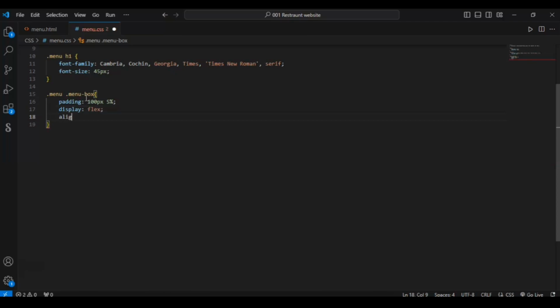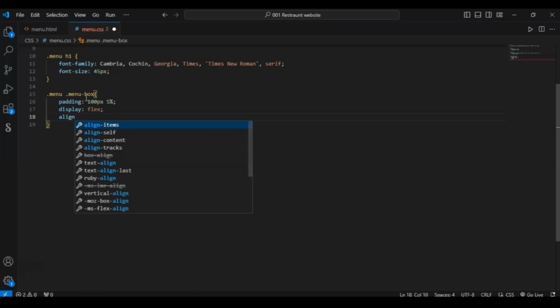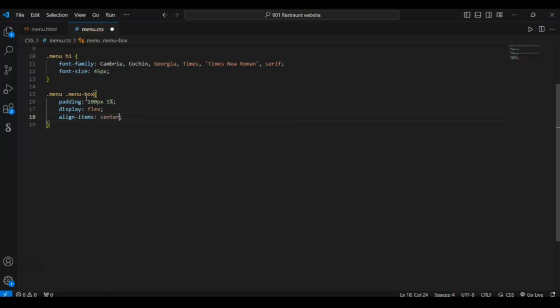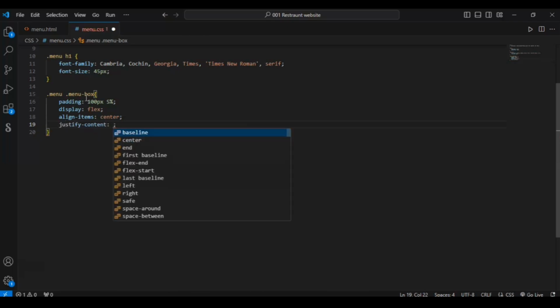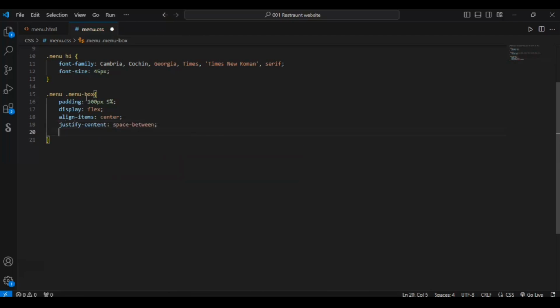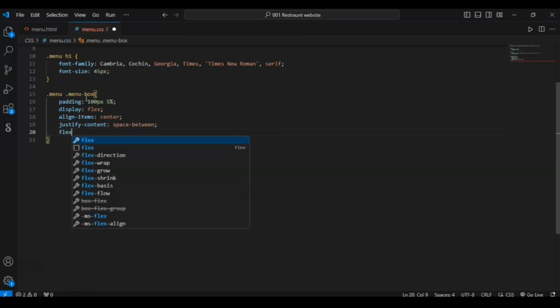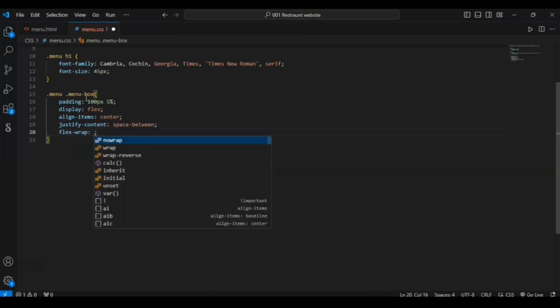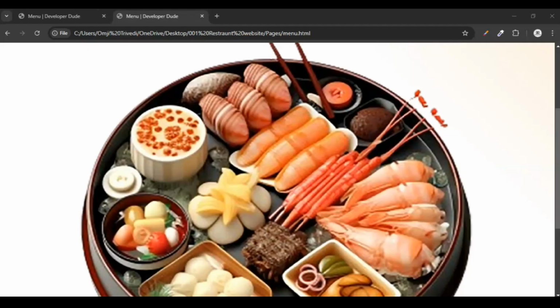Align-items center. Justify-content space-between, and flex-wrap. What is this flex-wrap? I will show you. Flex-wrap, set it to wrap. Okay, save it.